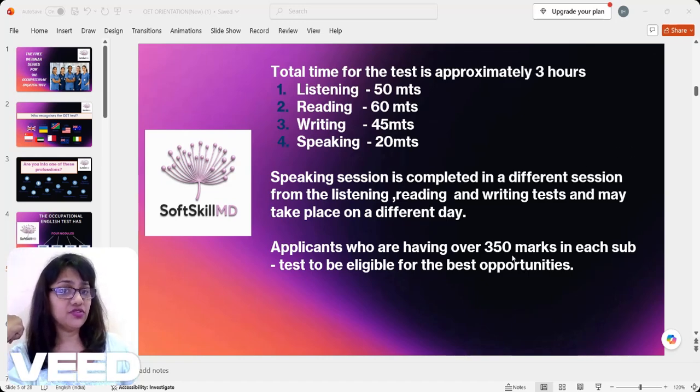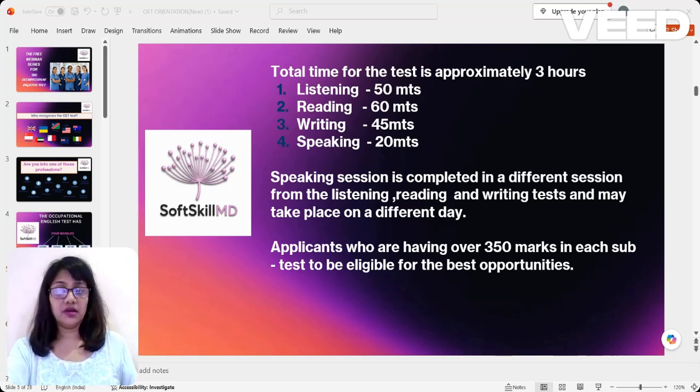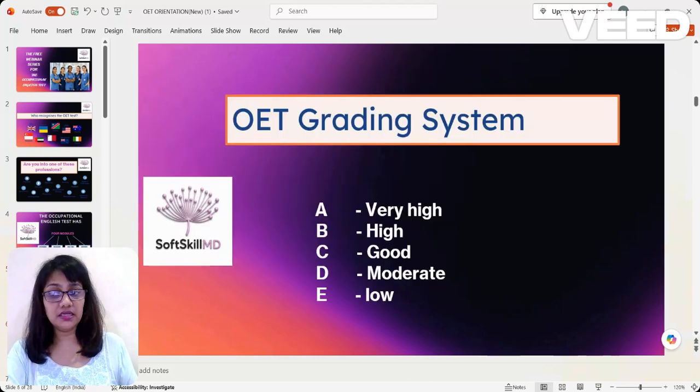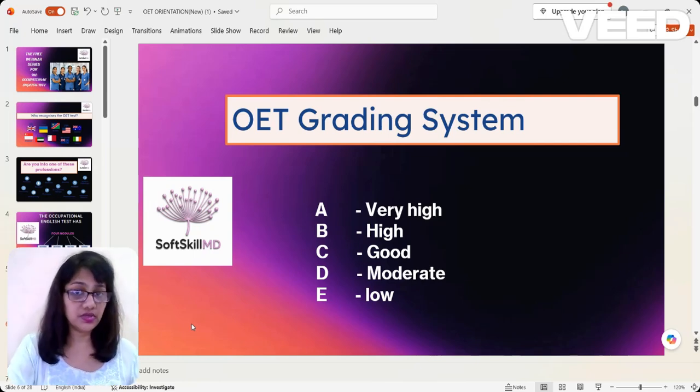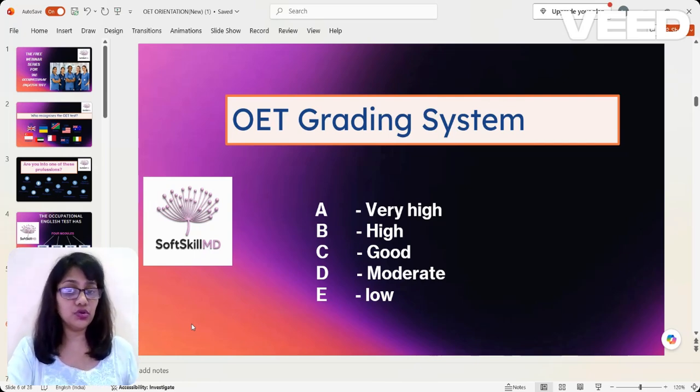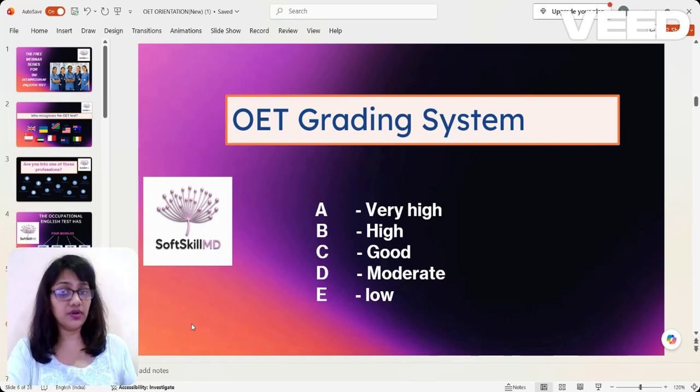Applicants who have 350 and above marks in each subtest are eligible to go abroad. Now, what exactly is the grading system? They have divided it into low, moderate, good, high, and very high.